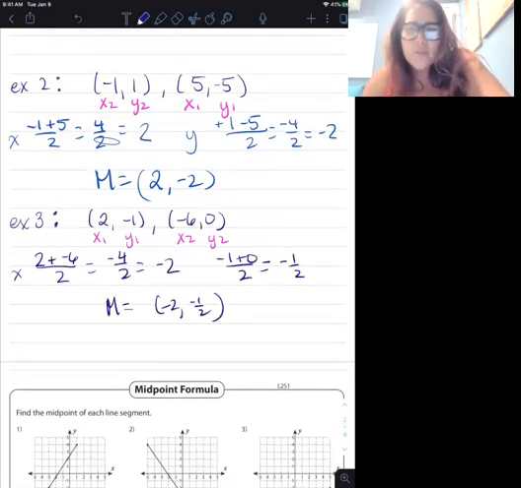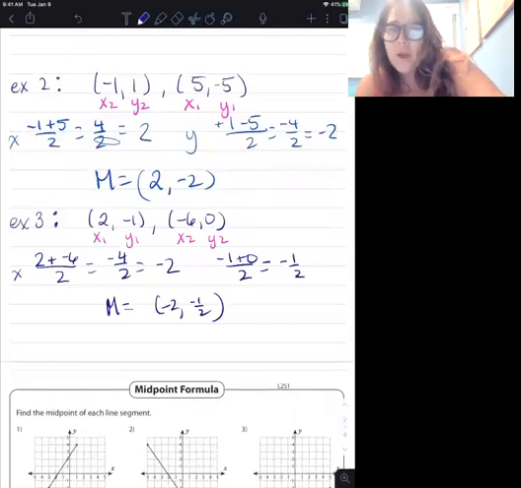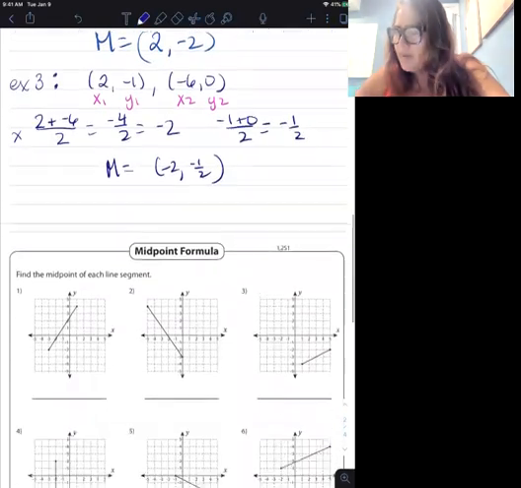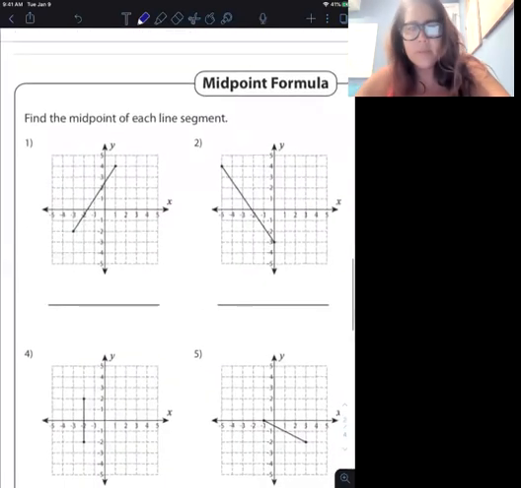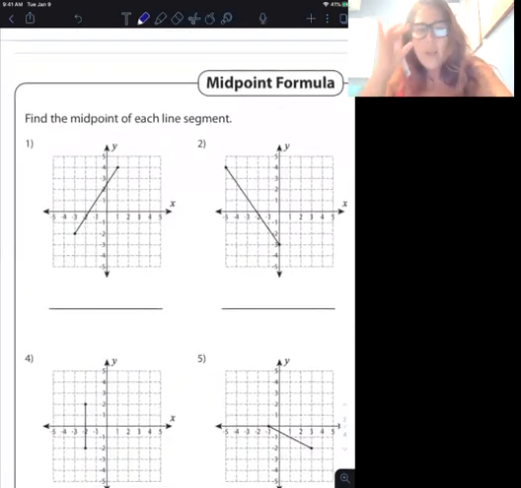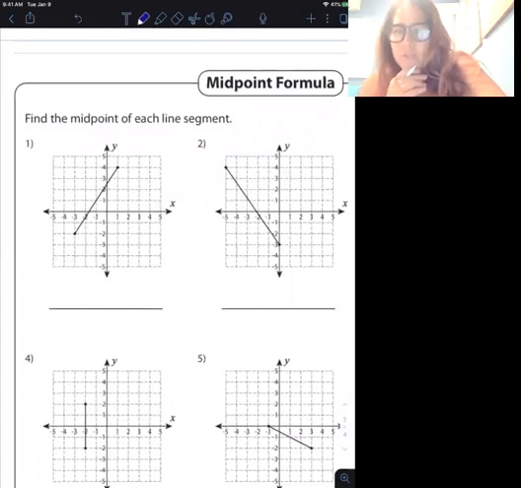Right? Let's try a different way. Sometimes you're given a graph and you have to find the midpoint of that line segment. So I'm going to come here and blow this up so we can do number 1. This just takes one extra step, and the extra step is you actually identifying what